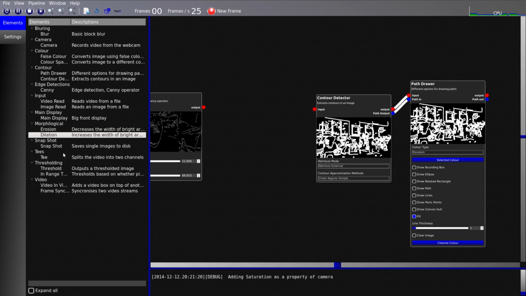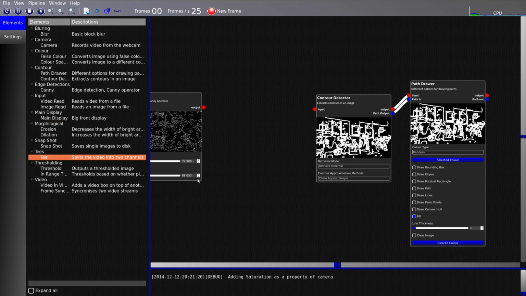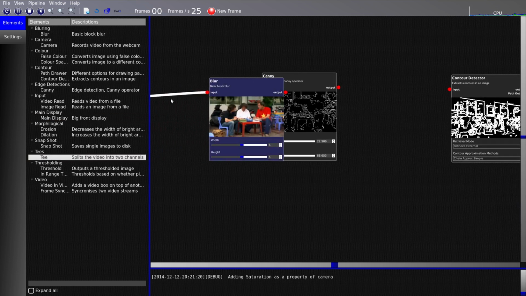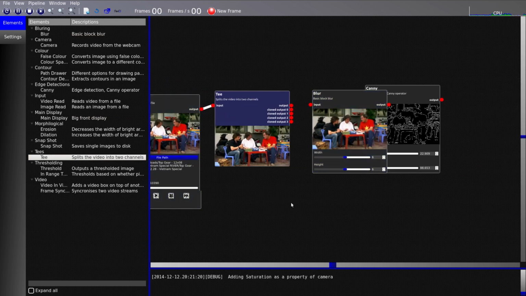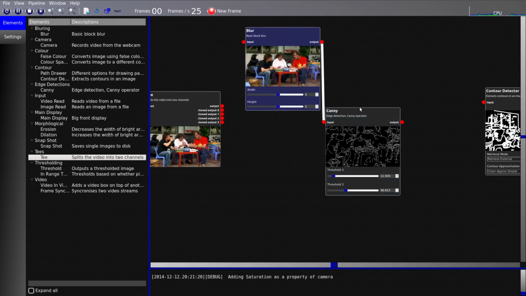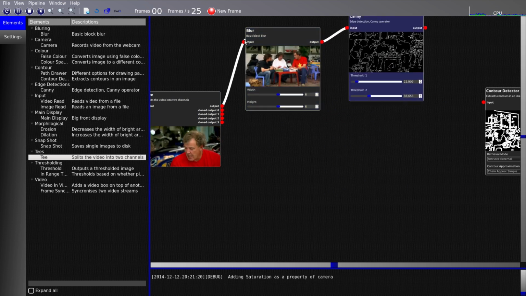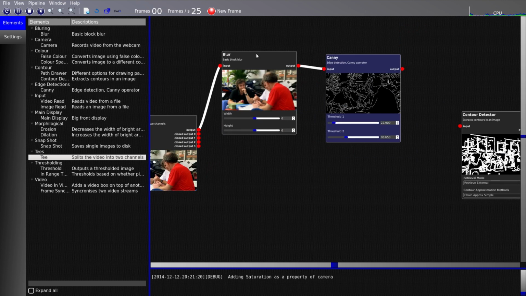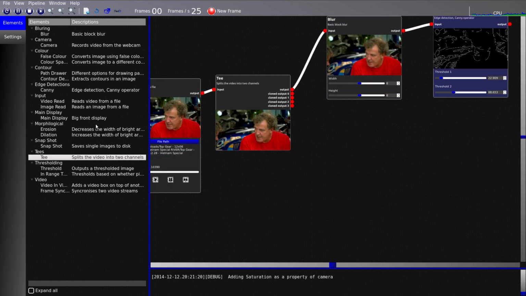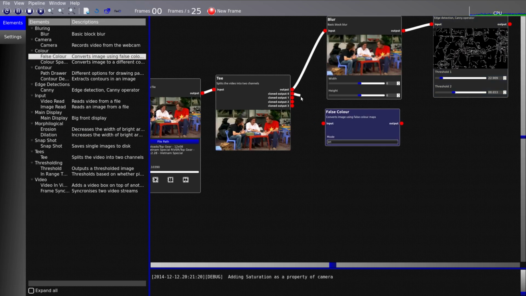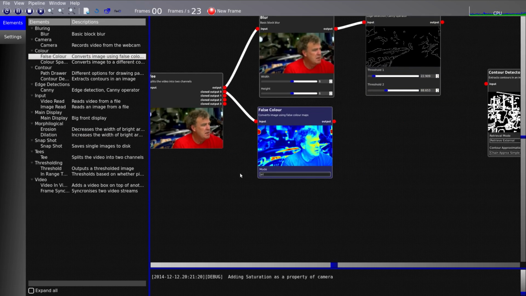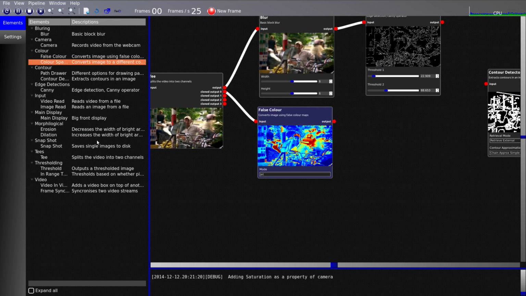I don't think there's any audio. No, there's no audio in this one, so you've got either video or pass. You can tee out. So for example, I could take the video read and I could T and make multiple copies, and then I can do one that goes up here and goes to a blur, do a canny on it, and I could do one that just does a false colour. Go here, like that, and I could then make one that